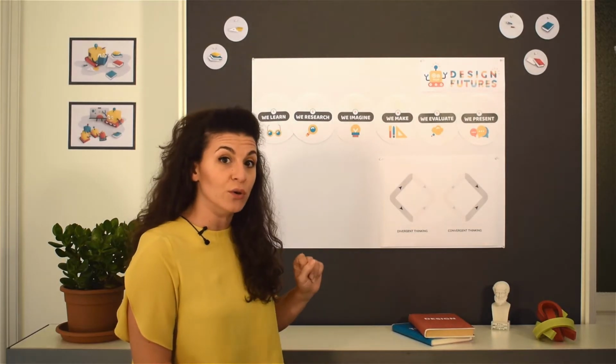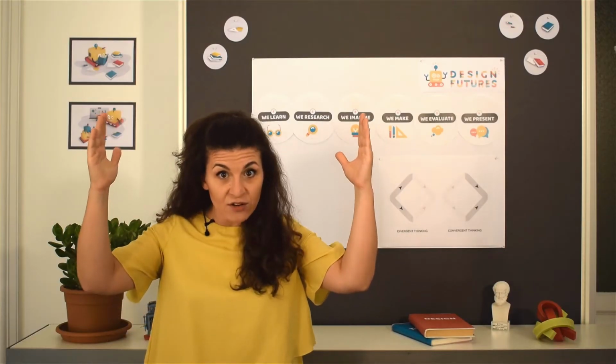Now, there's something that I want to share with you. The process I just showed you uses 2 specific thinking modes: divergent and convergent thinking. Divergent thinking focuses on creating different interpretations or ideas for a specific challenge. When using it, our brain explores options and stays open to new inputs.